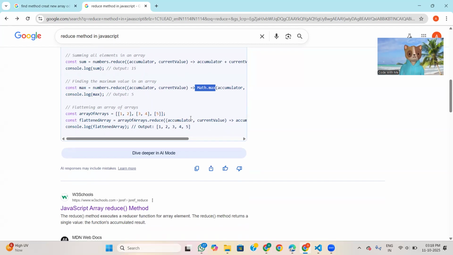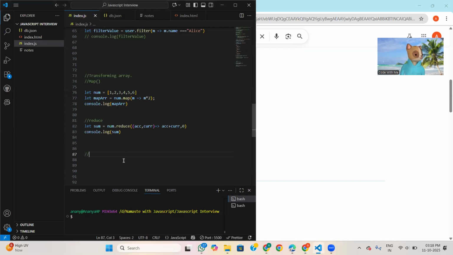Okay, now let's come to the topic, that is sort. Like for this, the most asked interview question is sorting, ascending way or descending way.